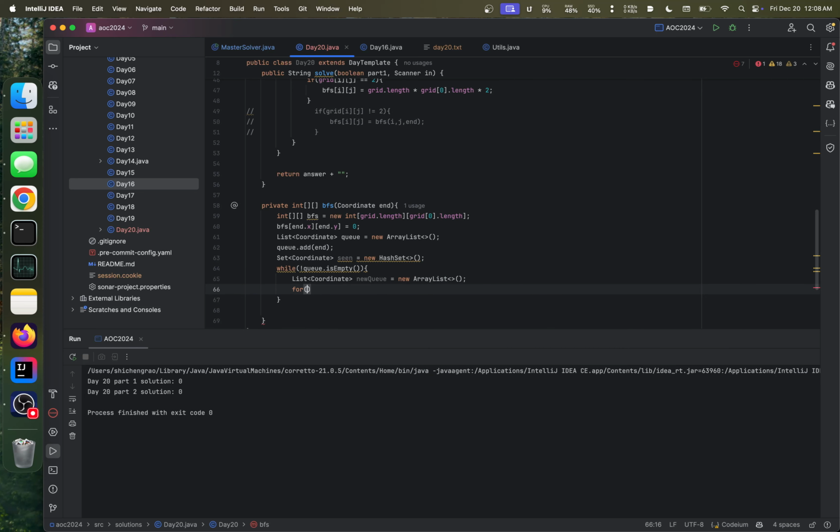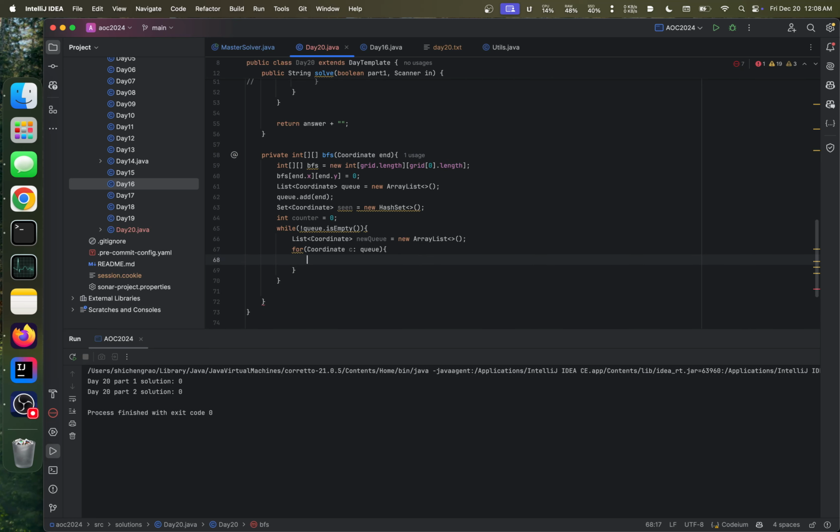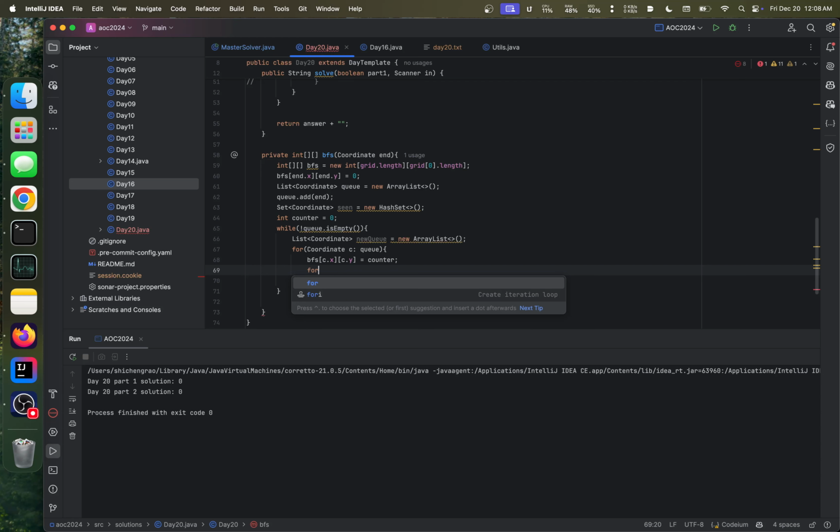And then for coordinate C in Q, we're going to need a counter as well. So for each coordinate, we basically want to set BFS[c.x][c.y] equals counter. And then we want to do a for coordinate neighbor